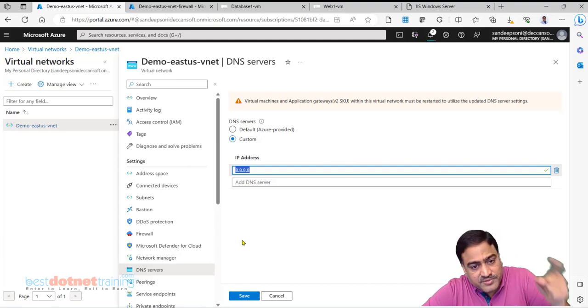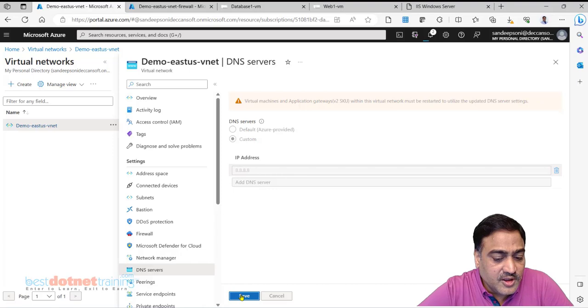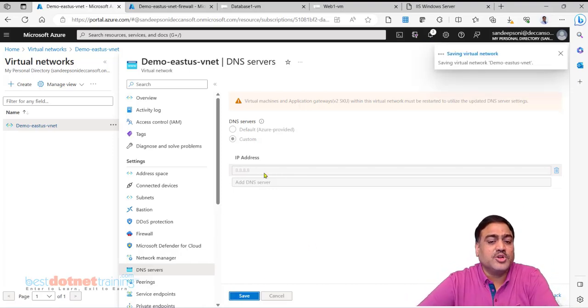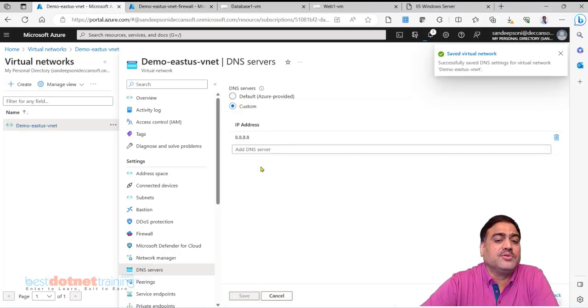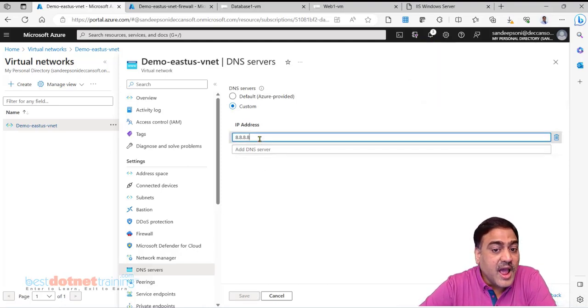So actually, if this is the case, that rule should be created. Network rule should be created. If you have changed your DNS server to some custom DNS server which is on internet, network rules should be created to allow access to that DNS server by way of its IP address.